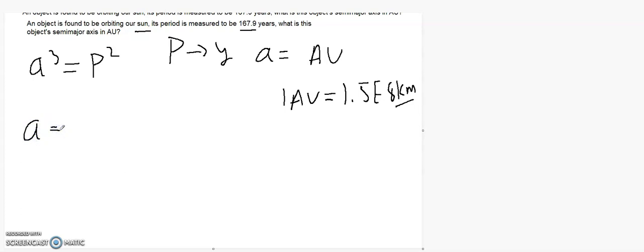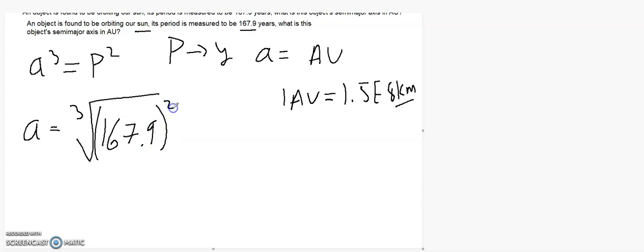So you have an A cubed, so you have to take the cube root of P squared, which in this case is 1. Here, I'll put this in parentheses. 167.9. And of course you have to square that. All right, so